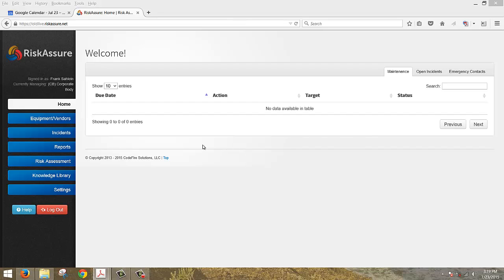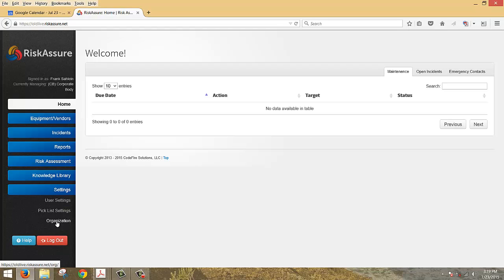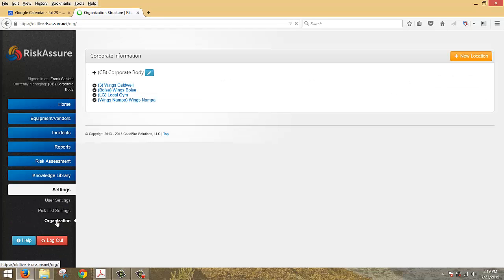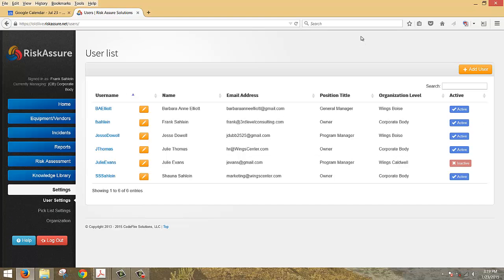As a quick tour here, you can see in the settings, for example, that you can set your organization by adding a new location. And when you add a new location and some of the details, it will appear on the list. You can also add the user settings per location, and you can change any of the variables in